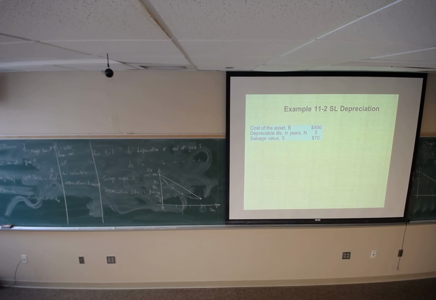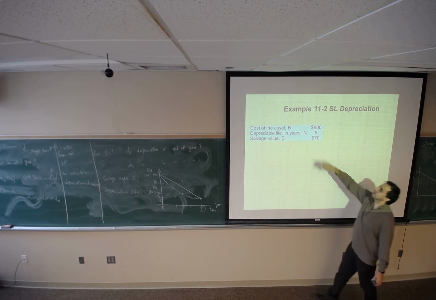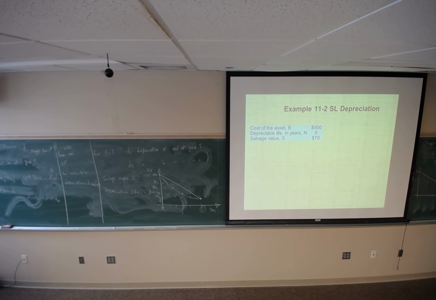I just consider this as 900 and 70, removing these 3 zeros. And the depreciation life is 5 years. So D would be 900 minus 70 dividing by 5, which is 830 dividing by 5,